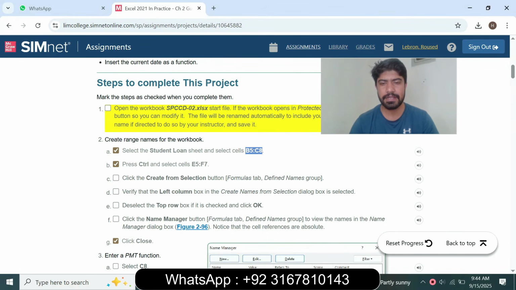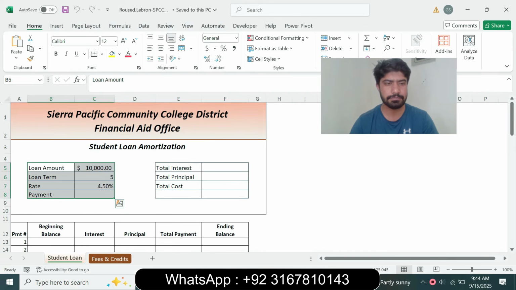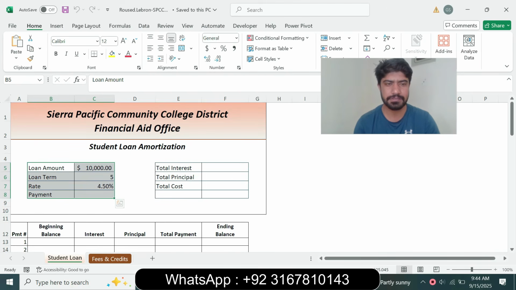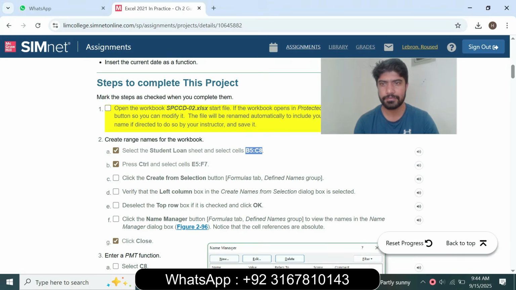Select the student loan B5 to C8, then press Ctrl and select E5 to F7, and next is